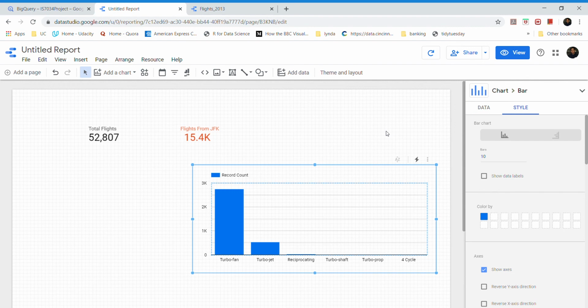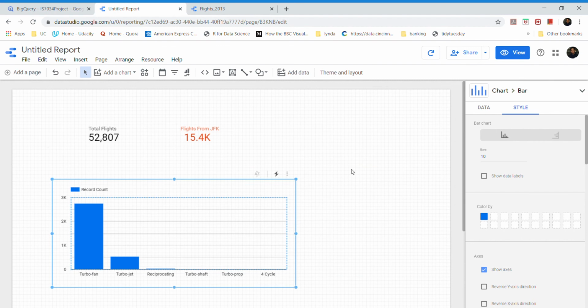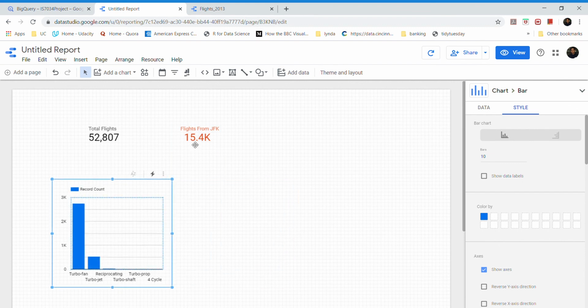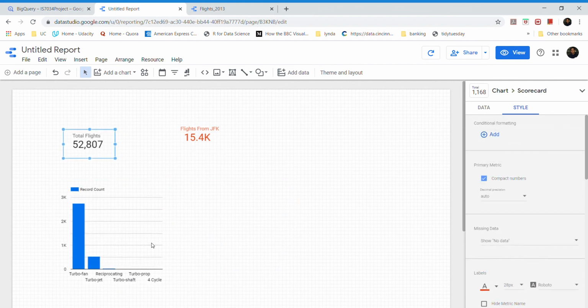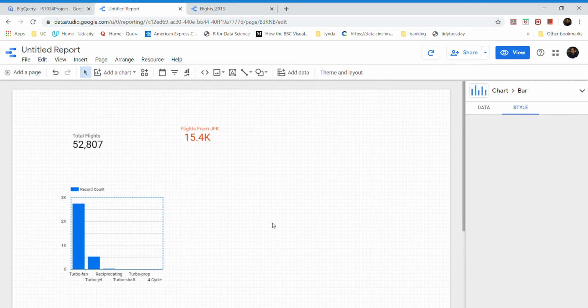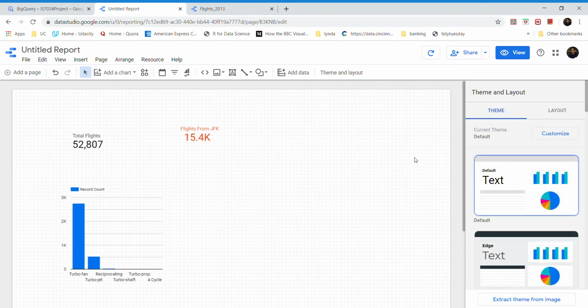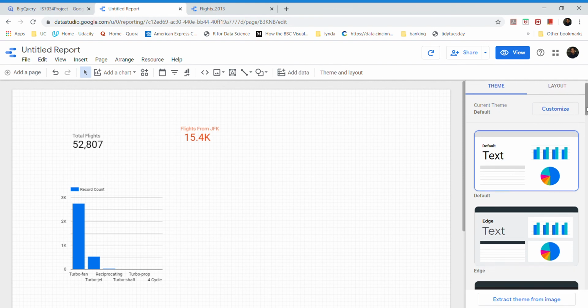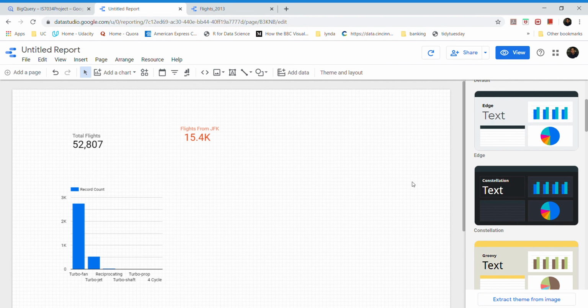So this is how we can create different charts, and then we can place them on this particular dashboard or canvas. We can resize these widgets, or we can change the theme and layout of this particular dashboard so that we can enhance its appearance.